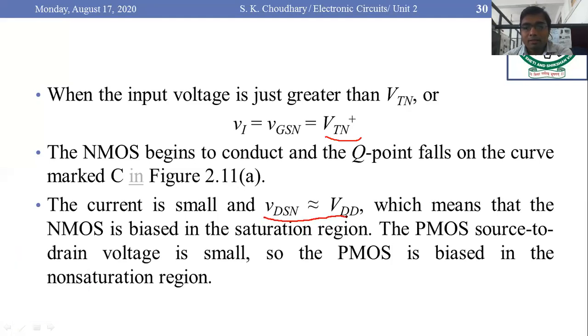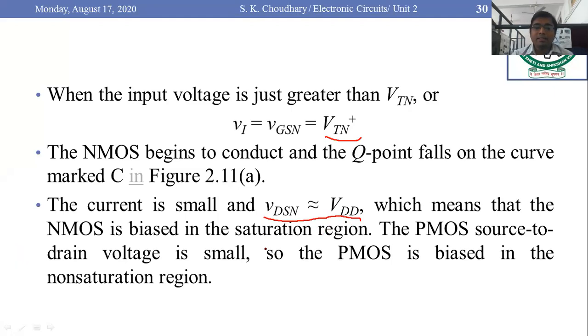And the output would be a little bit less than VDD. In the previous case, when Vi is 0, your output voltage is VDD. But now you have increased the input voltage a little more than the threshold voltage, so your output voltage will start to decrease. That's why it is written as approximately VDD, but not equal to VDD. It is less than VDD, which means that